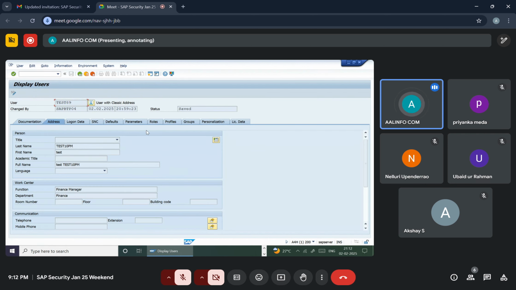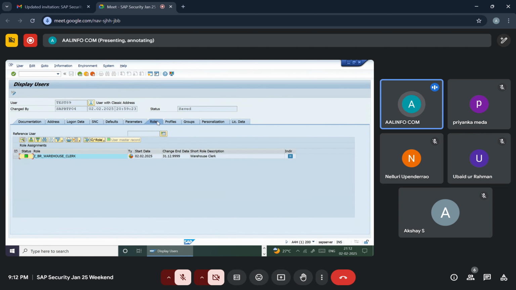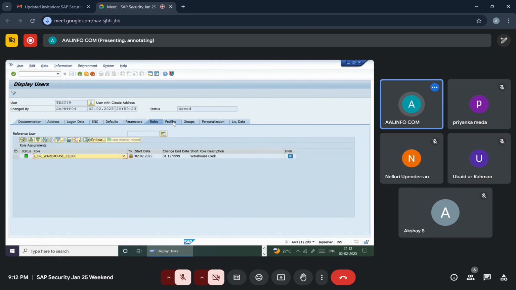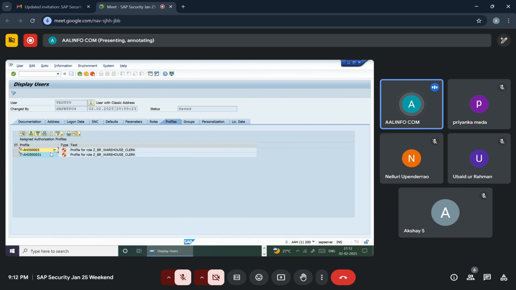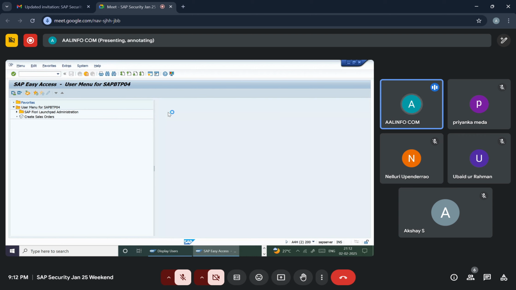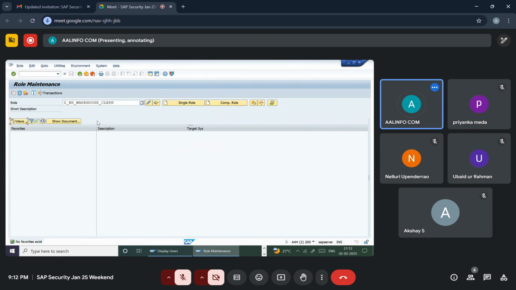Then in that section, what we'll be talking about: each role will contain one profile. So what does a profile mean here? The profile and a role have a one-to-one relation. Somebody may assign the profile directly, but let's see that. So what we see here, once we create any role, there is one profile linked with it. So if you open PFCG and then open the role,